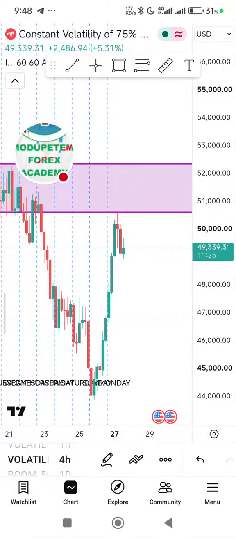So that means by the end of today, in less than 45 minutes or 15 minutes, we are ending the day already. So the market is closing for today. That means the end of Monday is by 10 o'clock. And that is why, for those of you that pay attention to your email, by the time there is a shift in trading hour, they will update it that okay, market will now close by 9 p.m. or by 10 p.m. or by 11 p.m., depending on the time change.